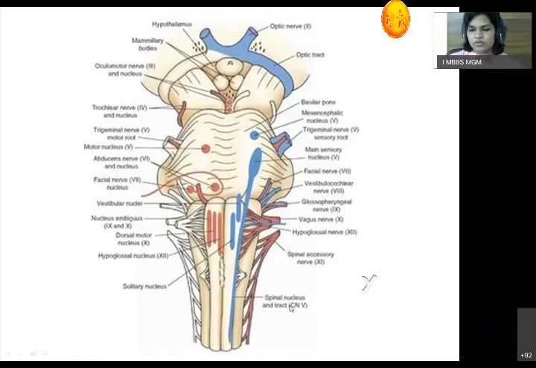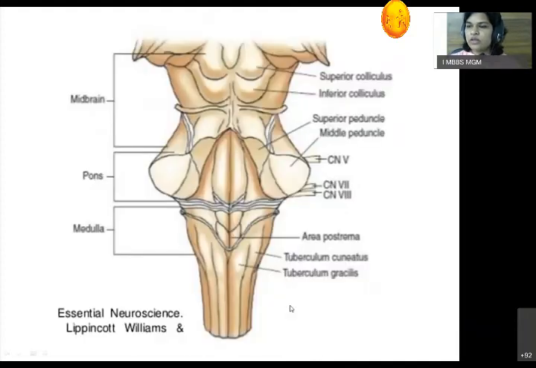Then this is the dorsal view of the medulla. The upper part of the medulla, which is below this white line, these are called the striae medullaris, is the actually open part, which is forming the floor of the fourth ventricle. When we see the fourth ventricle, we will revise that part in detail. And the lower part of the medulla is the closed part, which contains the central canal through which CSF passes.